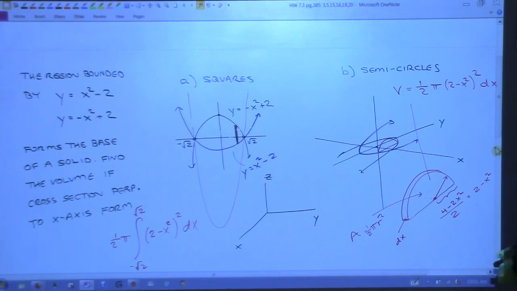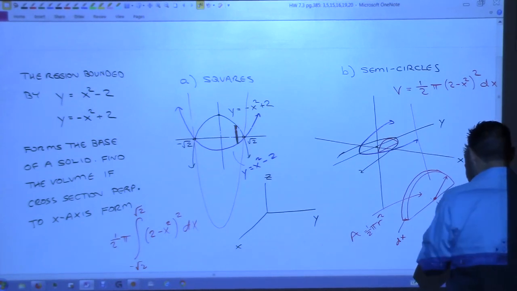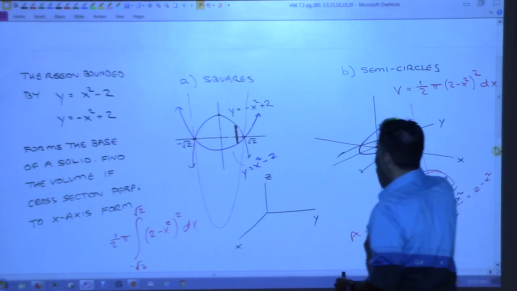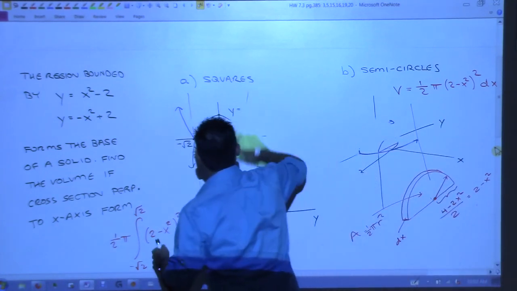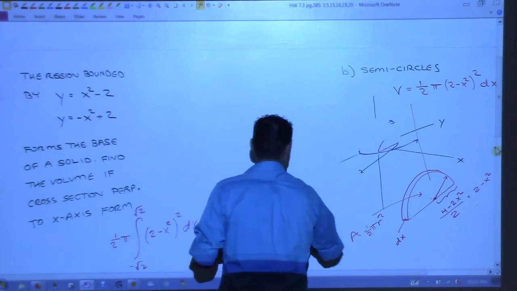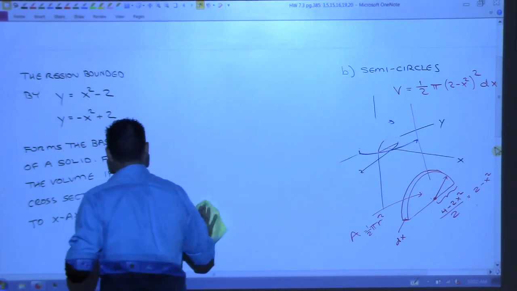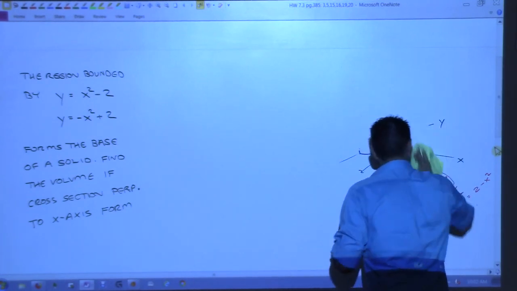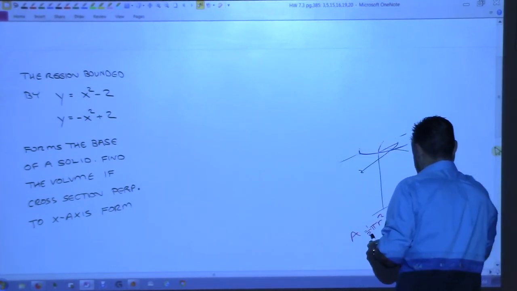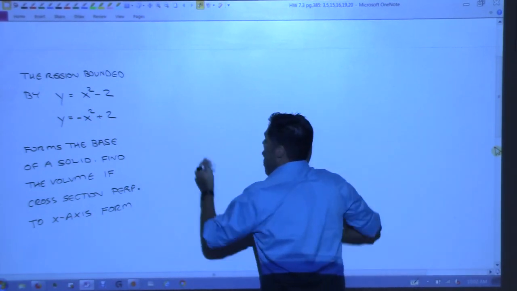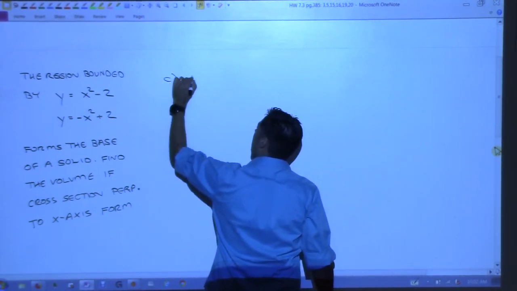All right, let's do part C. C is the hardest one. C is equilateral triangles, right? I think I'm going to get rid of this picture because I think you've got it. Don't think you need it for the rest of this. We'll see. We'll see for part C. All right, so for part C, equilateral